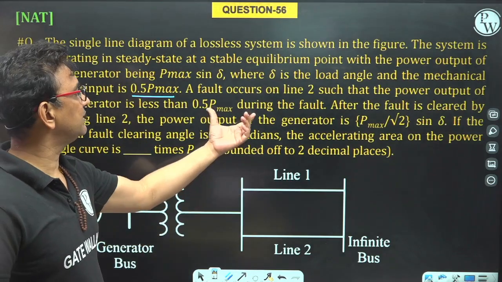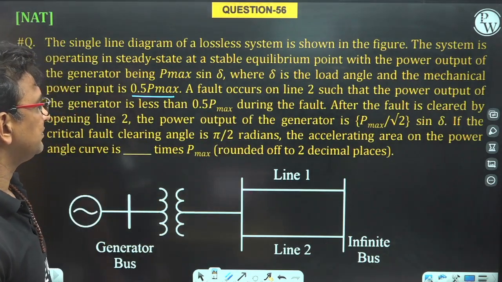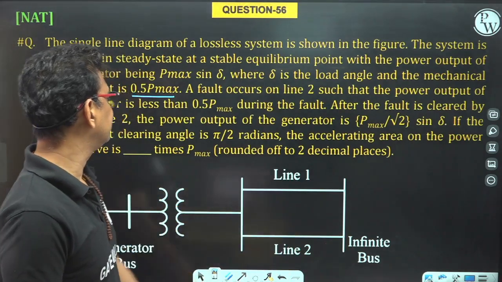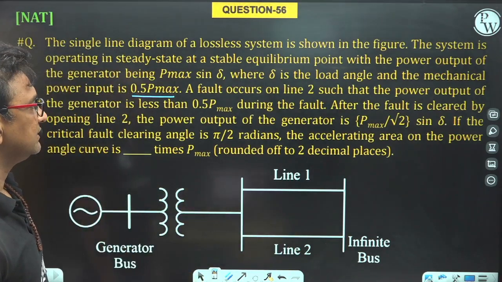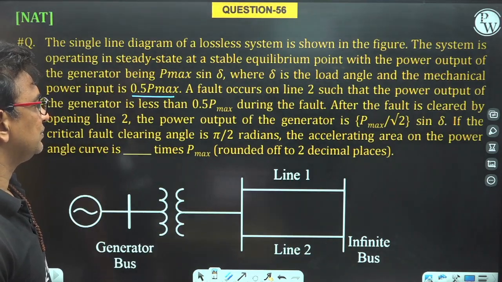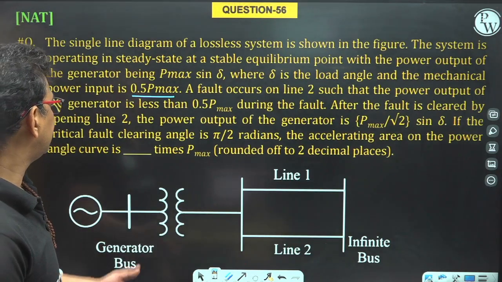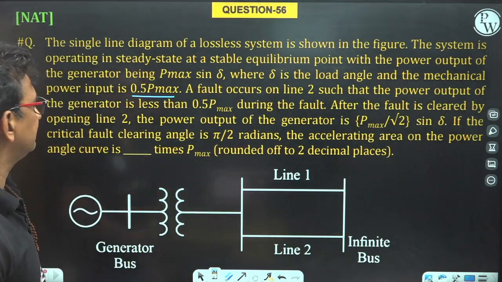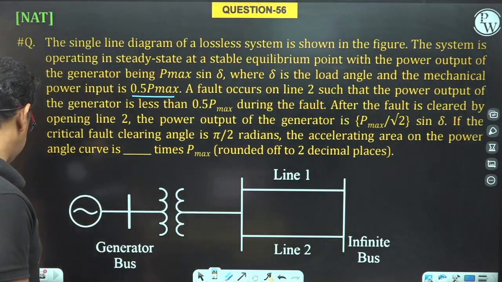such that the power output of the generator becomes less than 0.5 during the fault. That means during the fault the power output becomes less than 0.5. After the fault is cleared by opening line number 2, the power output of the generator becomes Pmax by root 2 sine delta. If the critical clearing angle is pi by 2, the accelerating area on the power angle curve is, see,